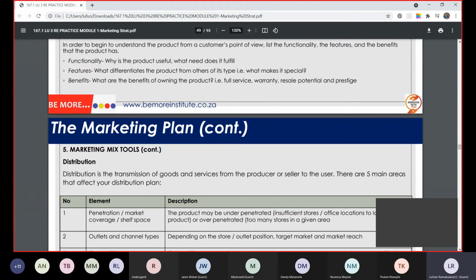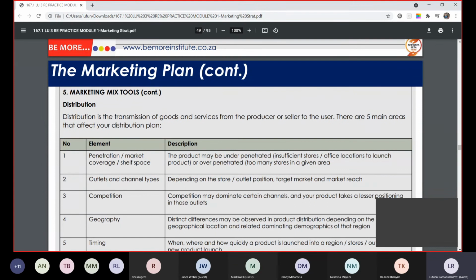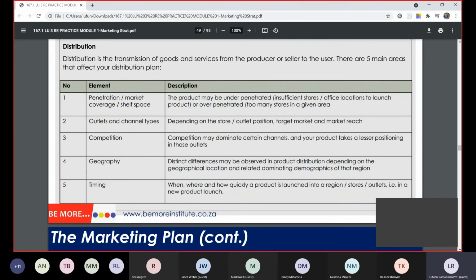Things like that. Your distribution is the transmission of goods and services from producer or seller to the user. There are 5 main areas that affect your distribution plan: penetration, market and coverage, or shelf space, outlets and channel type, competition, your geography as in physically where, and the timing. Timing would be when and where and how quickly a product is launched into a region or a store or